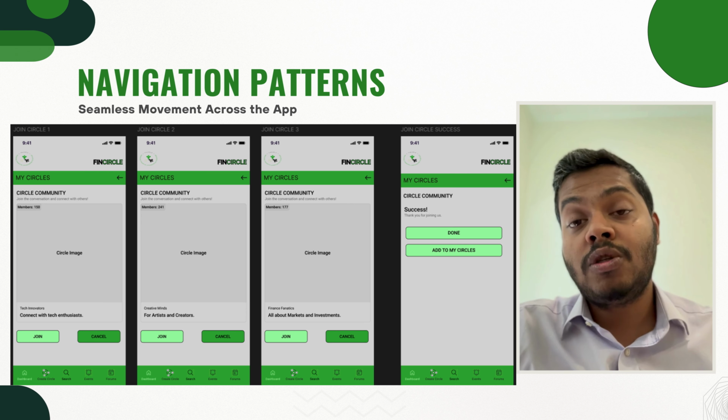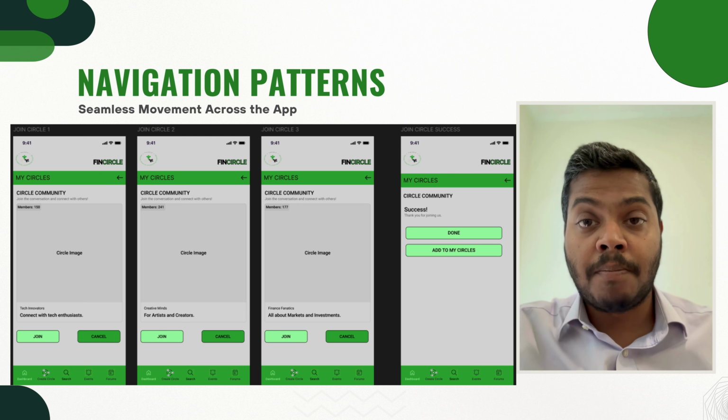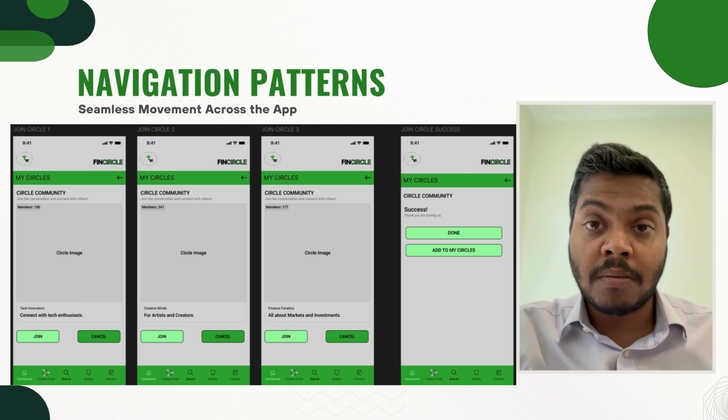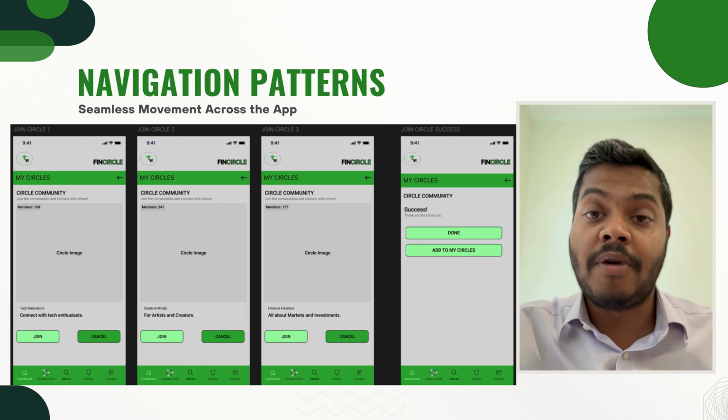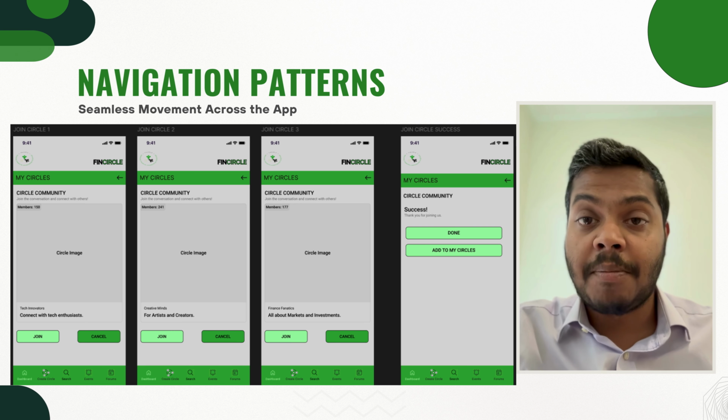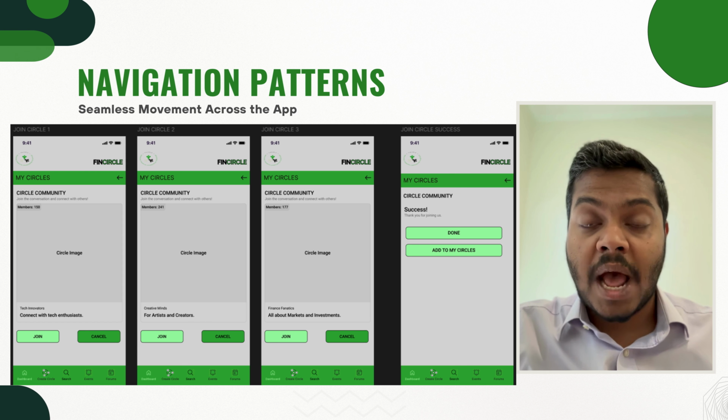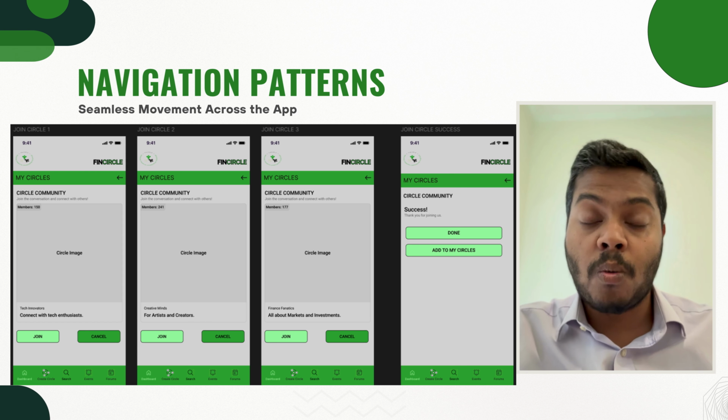Then you can also see in the slides that the navigation bar at the bottom is constant throughout all the web pages. So this gives the ability to the user to navigate to different pages whenever they want, wherever they are in